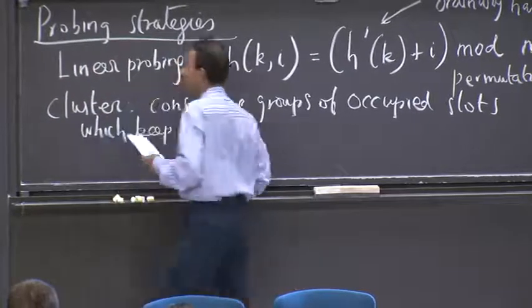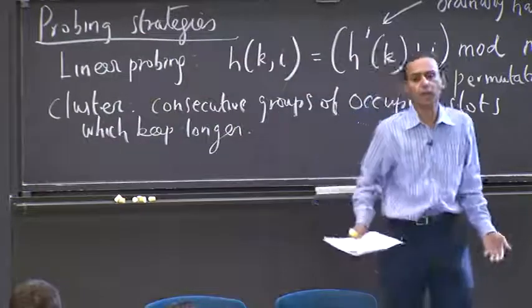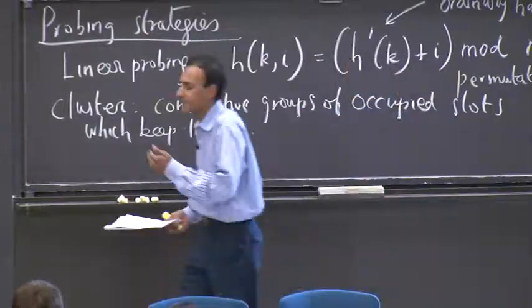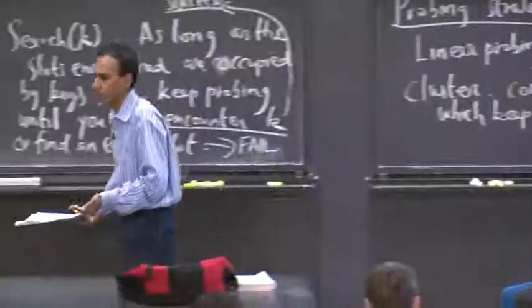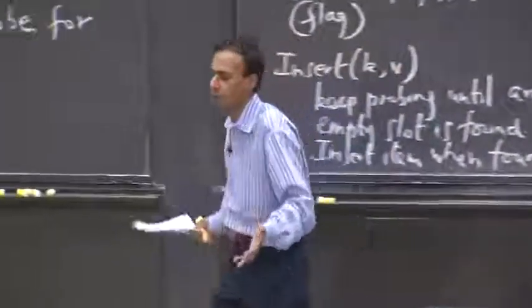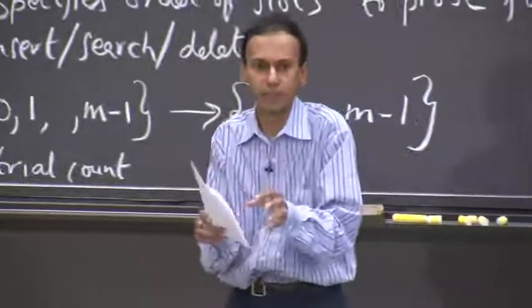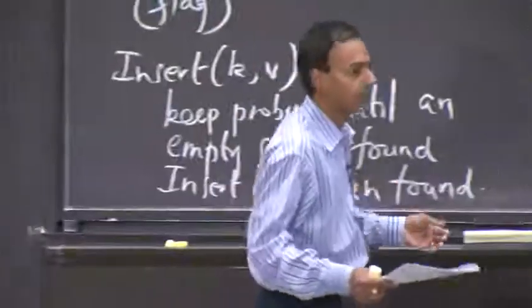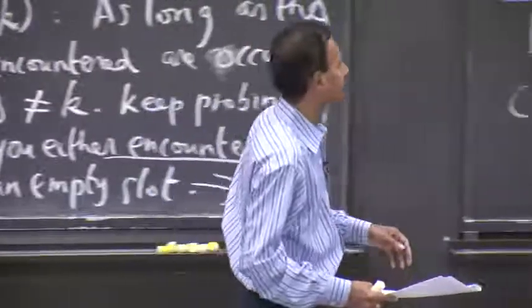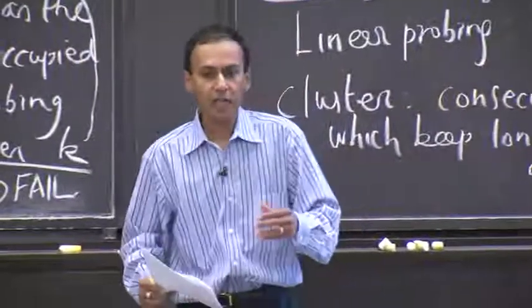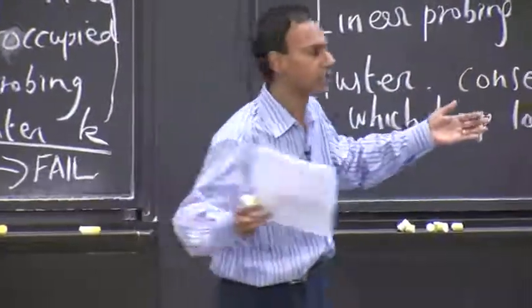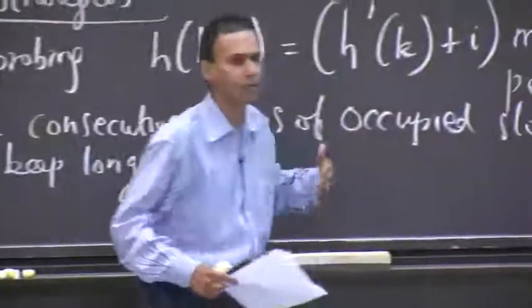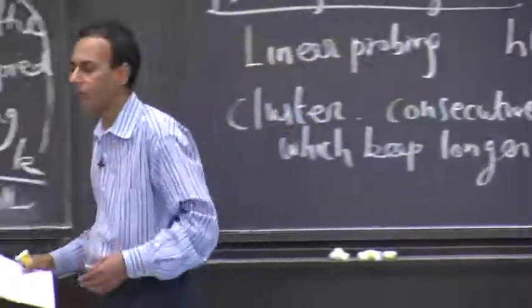And if you have a big cluster, it's more likely to grow bigger, right? Which is bad, which is exactly the wrong thing for load balancing. I mean, clustering is the reverse of load balancing. If you have a bunch of clumps and a bunch of empty space in your table, that's bad, right? The problem with linear probing is that once you start getting a cluster, given, let's say, the randomness in the hash function, and h prime k is a pretty good hash function and can randomly go anywhere, well,